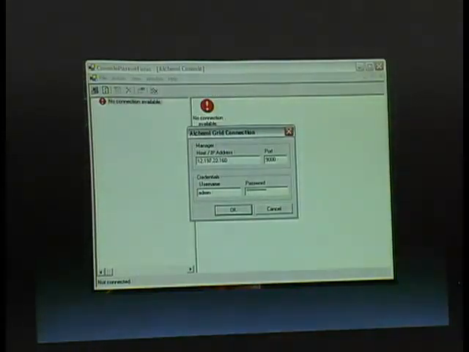So here is the first screen. When you open up the console, you just hit up in the top left-hand